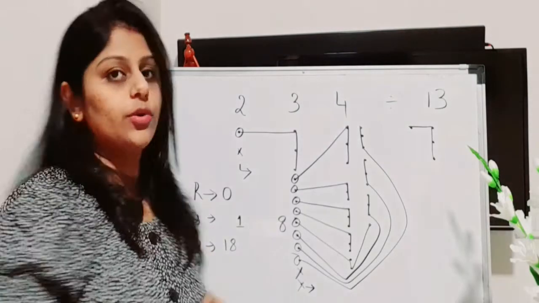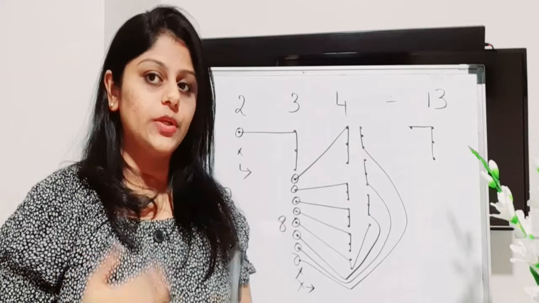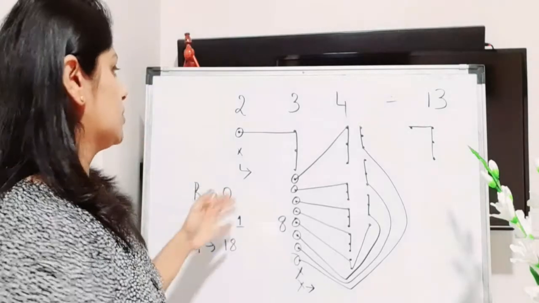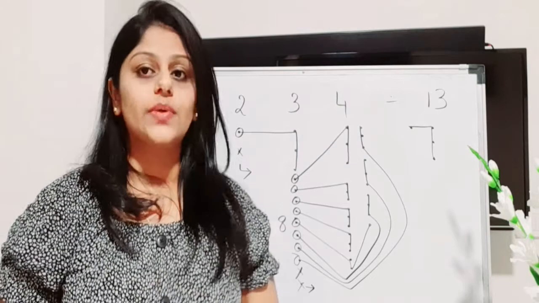Okay, so remainder is 0 because we don't have any dots remaining to be joined or grouped. And the quotient, how do we find? We have to get the start, that is how many new starts we have in each column. So quotient we found is number 18. So I hope this is clear. Next question, let's check it out.